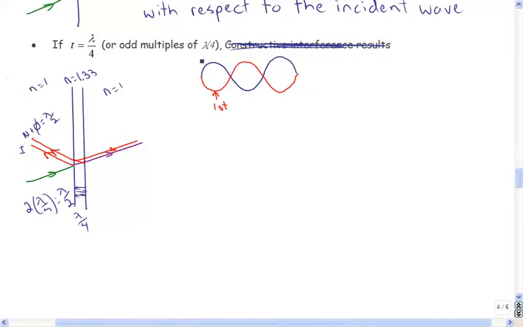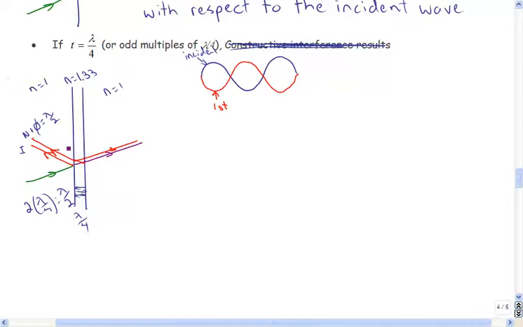This is my incident wave, and then another thing's going to happen. My second reflection, I'll do this in purple. My second reflection goes across, it doesn't invert, so there's no inversion. It's going to have the same original phase information based on any inversions, but it's going to travel a lambda